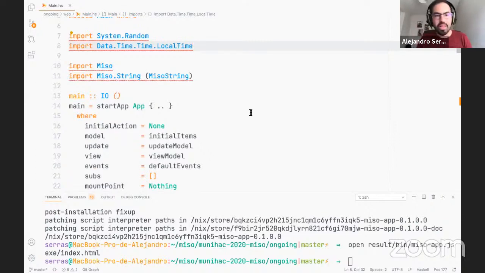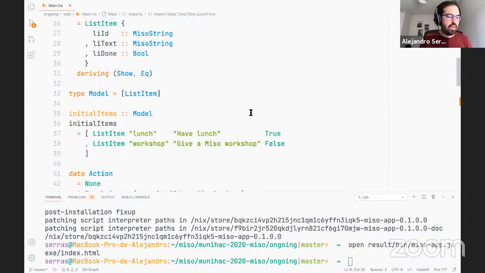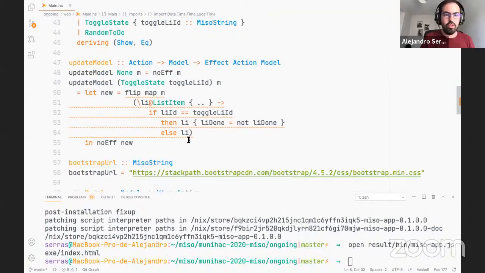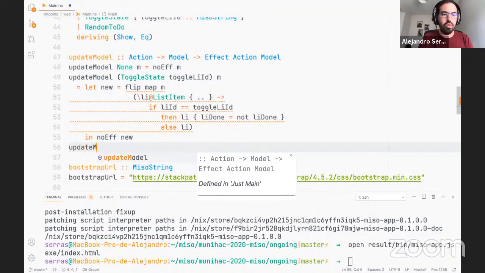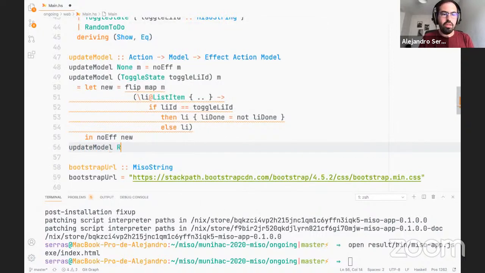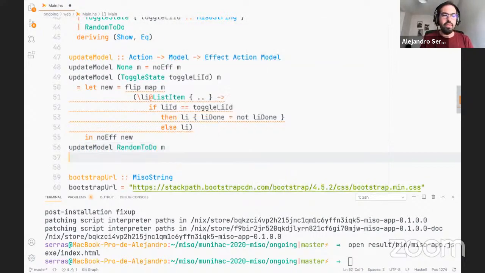So good. So let's look at this. We have a random to do, and now we have to write the update model. So update model, it's gonna be random to do m. And now here is where things turn a bit complicated. You would expect things to work in this way: you first do the effects and then you return, but that's not how things actually work. You first return the new model and then you do the effects and then go back to a new